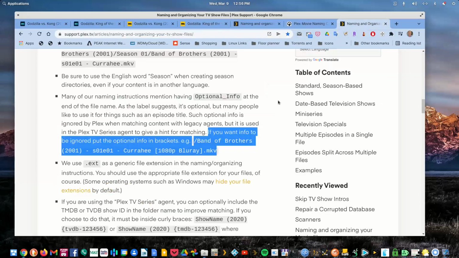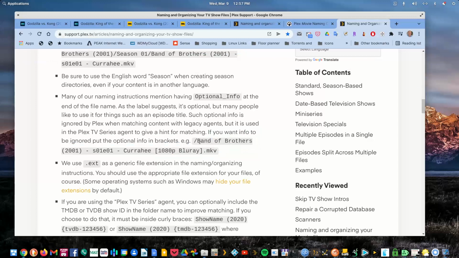Can't forget TV shows. They updated this sometime recently, and I didn't realize it at first, but this little paragraph here tells you how to put extra information into the file name for a TV show. So you've got your Band of Brothers show in your Band of Brothers folder in a subfolder marked Season 01,